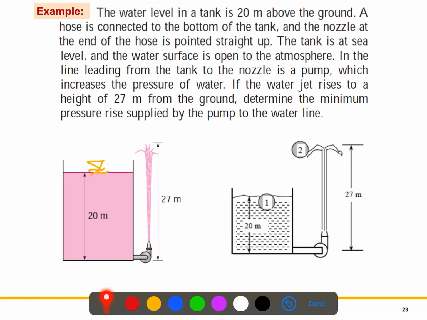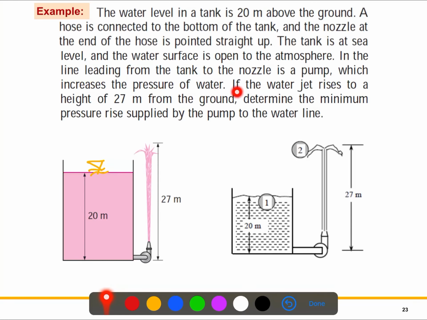So you all know that if we use the nozzle, then it will maximize the velocity. So that means we'll get a water jet like this, and the water will go straight up, and after a certain height, a certain elevation, it will just come downward. So initially the height was 20 meter, and when you're using this nozzle, it can, let's say, travel up to maximum 27 meter. Right, so in the line leading from the tank to the nozzle is a pump